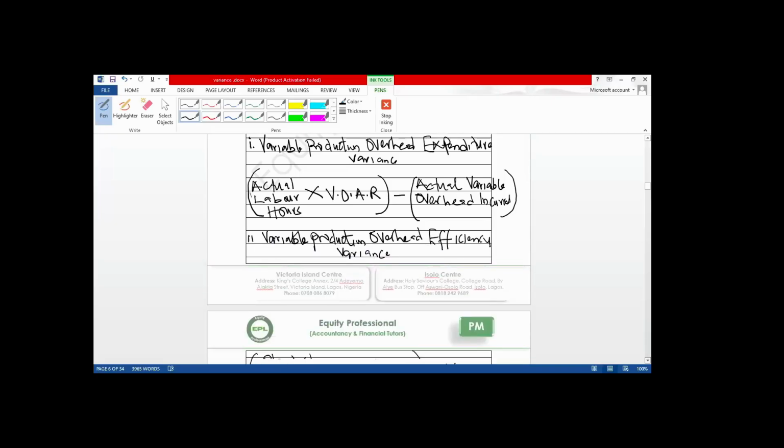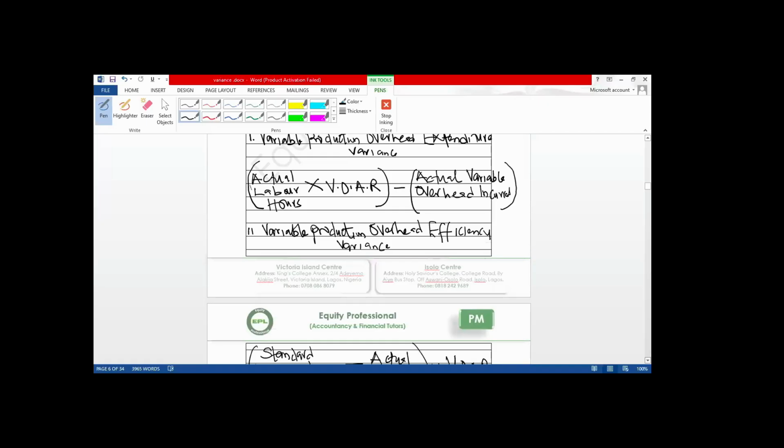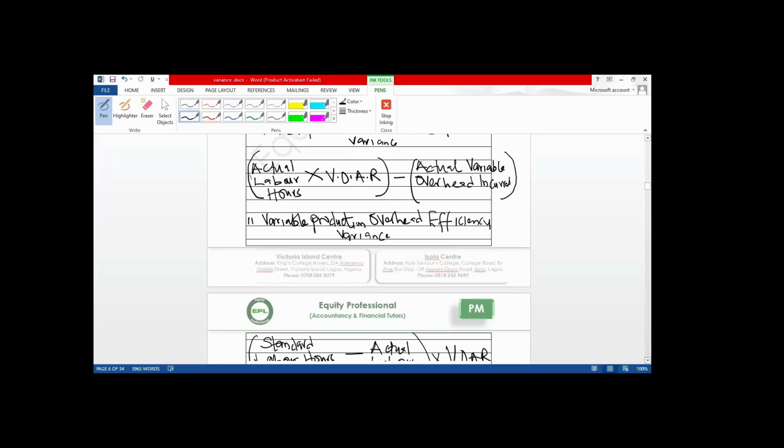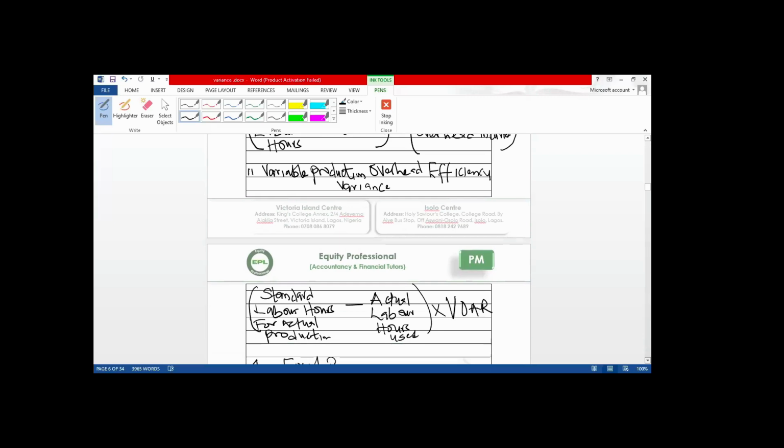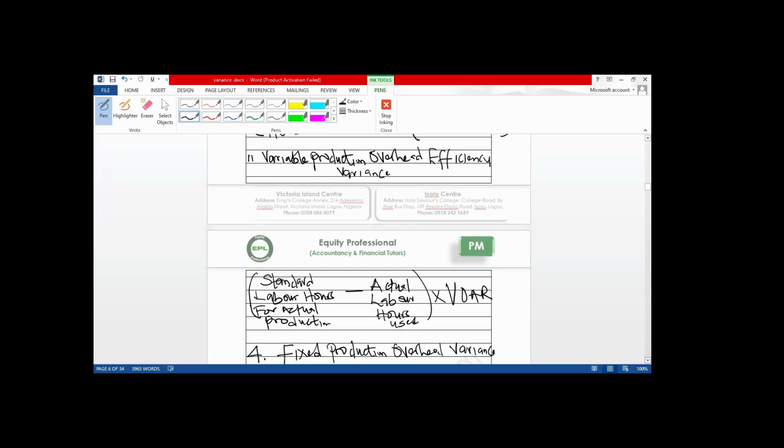Roman figure 2, variable production overhead efficiency variance. This is used to measure efficiency. And it's calculated as